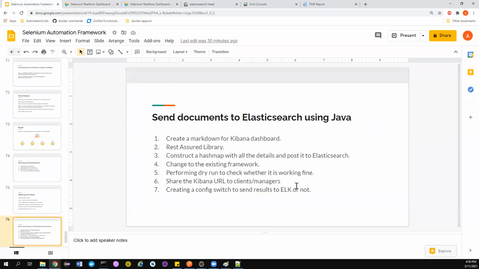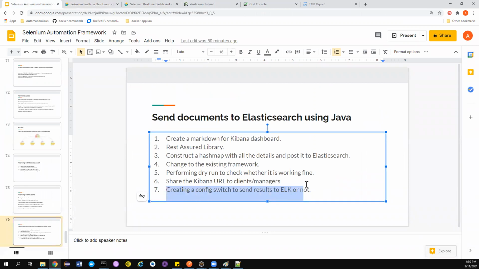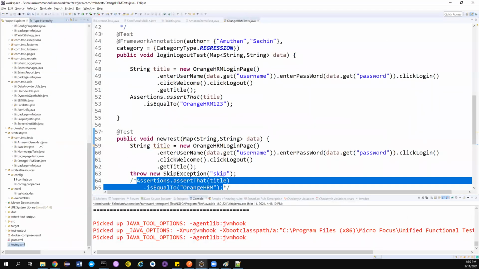Let me check if I am missing anything. Okay, we have done this, and this. We'll also see how we can create a config switch. Suppose you're doing some development and you don't want to send the results to ELK. That's unneeded data, so I don't want to do that all the time. In that case, go to your config properties.